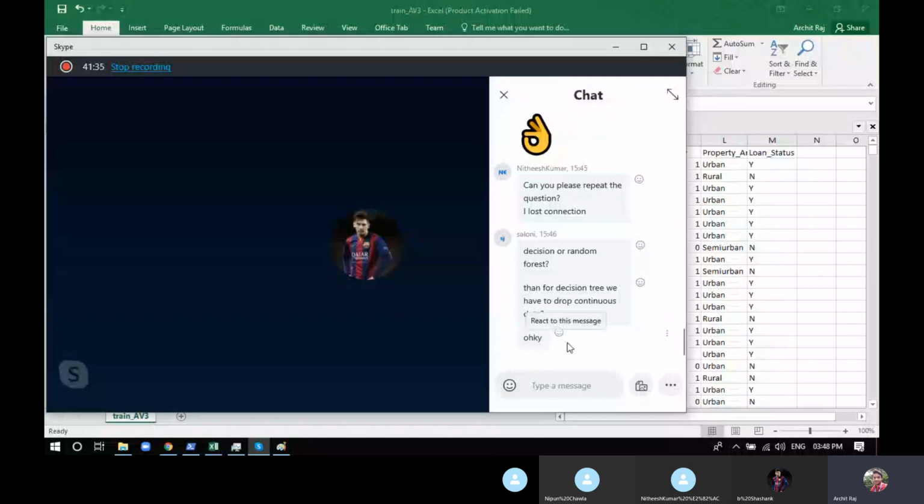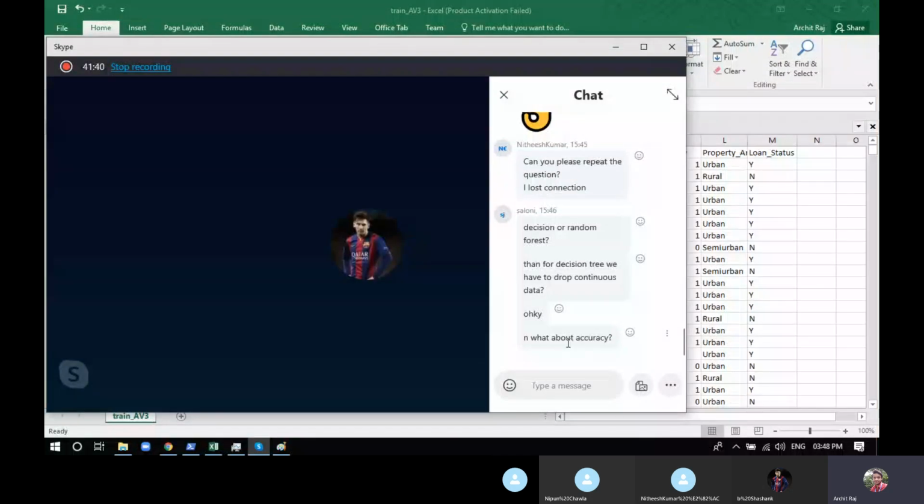Okay. So again, for this project, you'll have a whole week. And what about accuracy? Just have to get the accuracy with all the four algorithms that you're going to use, because if you're using four different algorithms, you'll get four different accuracies. After doing the train test split, you'll get a score which is different for all models that you have made. At the last, just print all the models and their accuracies. That's training upon the same data set, trying to get the same output. What is the accuracy for different models?